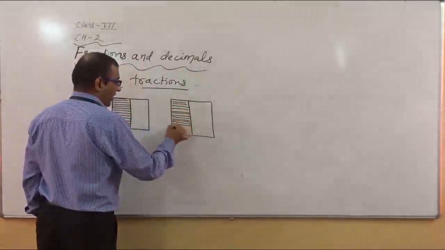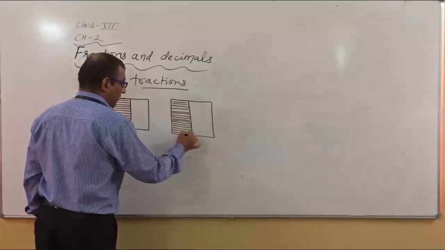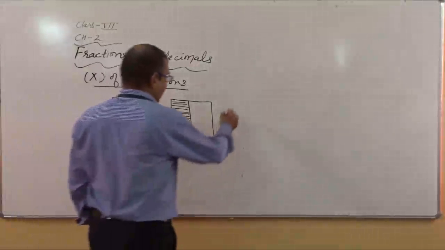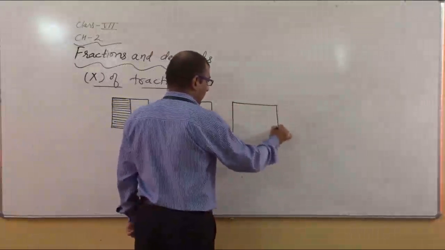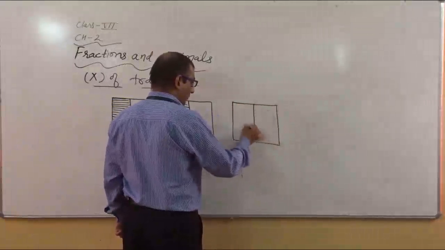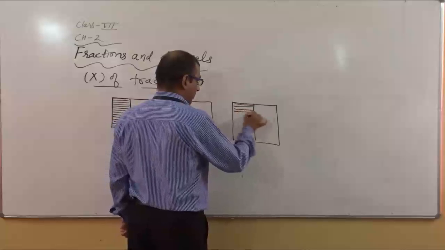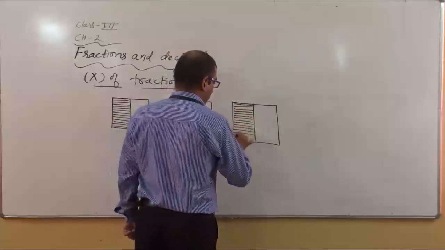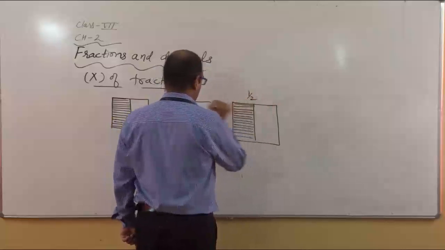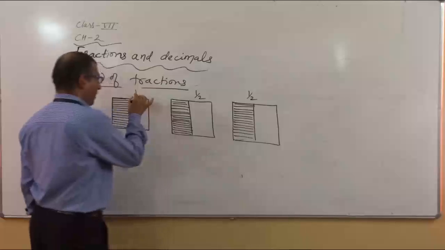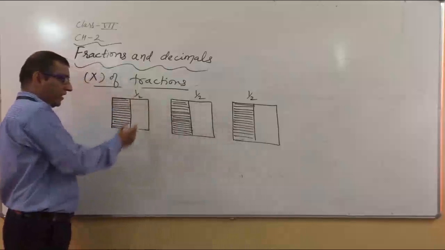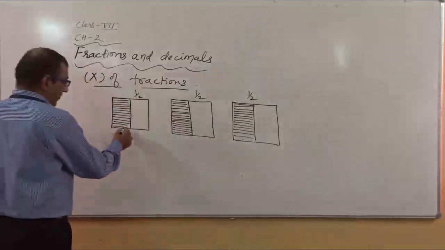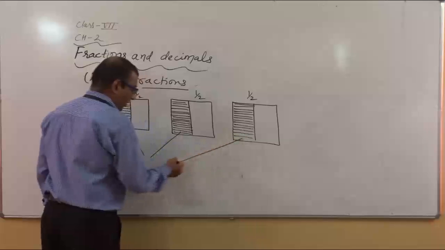With the help of these diagrams and the concept of fractions, I hope you will do it easily. All these are squares with equal distribution. So it is related with 1 by 2. It is also related with 1 by 2. It is also related with 1 by 2. Two parts are there. Out of these, only one is shaded. So if I am taking the shaded part from here, how can we represent it?